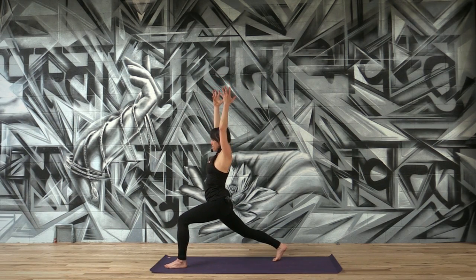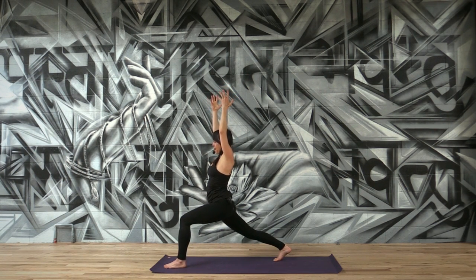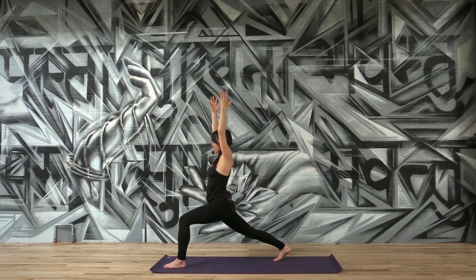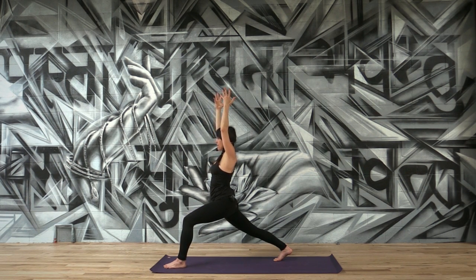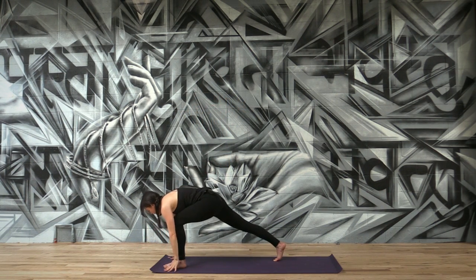So just kind of fun to break out of the linear style yoga flow practice that I usually teach, that most of us tend to teach. This is just a nice way to wake up the creative centers in the brain. One more breath in, sink a little lower, and then as you exhale, hands down to the mat, step back